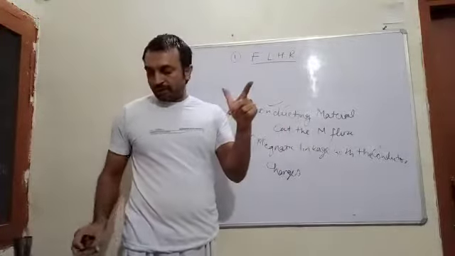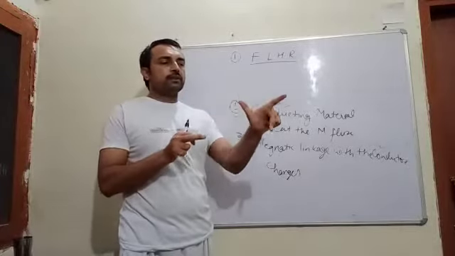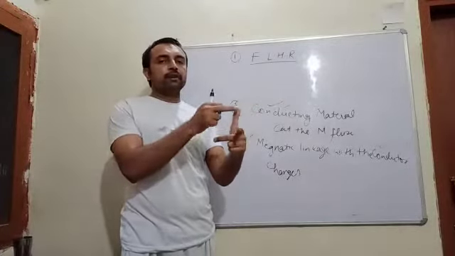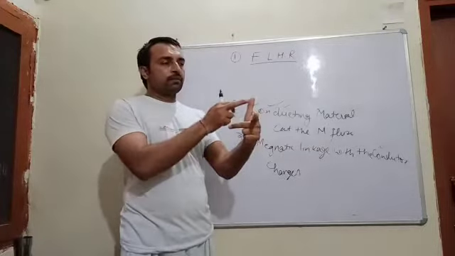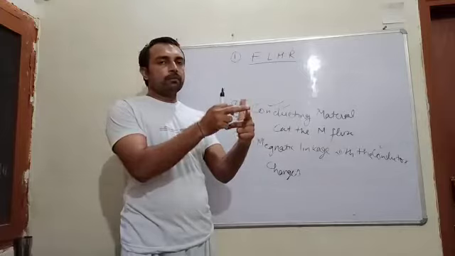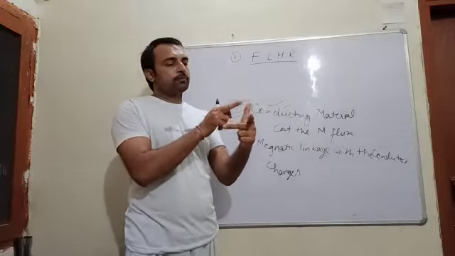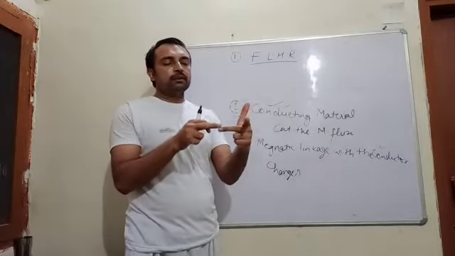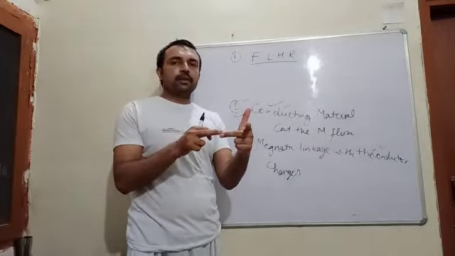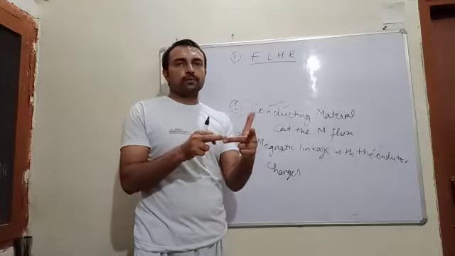According to Fleming's left hand rule, when we point our thumb, forefinger and central finger in this direction, perpendicular to each other, the forefinger will point in the direction of the magnetic field, and the thumb will point in the direction of force. Then the central finger will give us the direction of induced EMF.